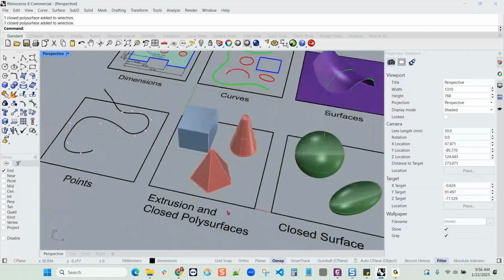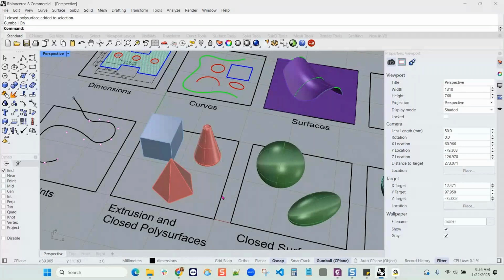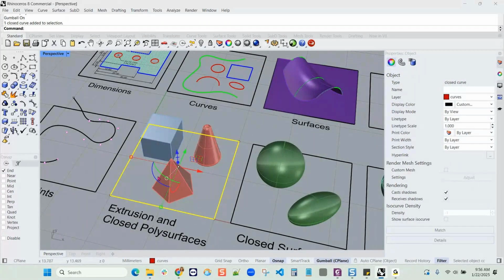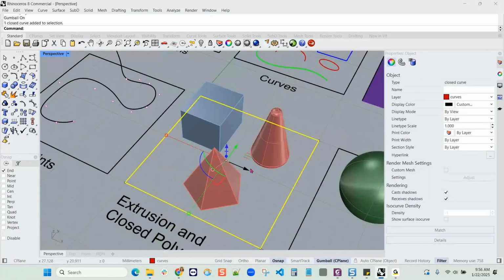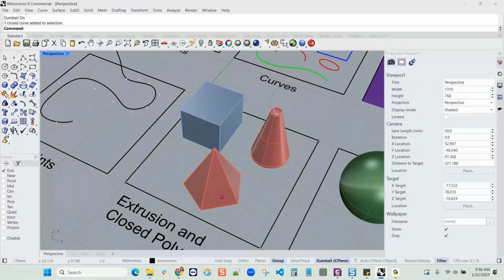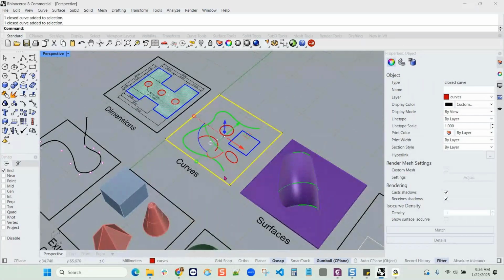So let's go ahead and add the Gumball here into our vocabulary. So turn on the Gumball. The Gumball is a widget that appears on objects, and it can be used for the basic functions first: move, copy, scale, and rotate. And there are some other ones in there that you can look into in the help file. But the basic functionality of the Gumball is to be able to go to the object and move it, copy it, scale it